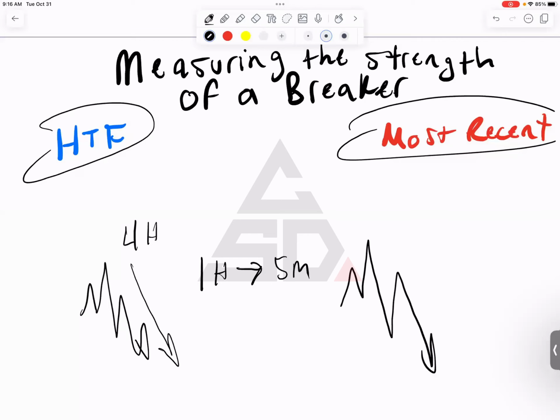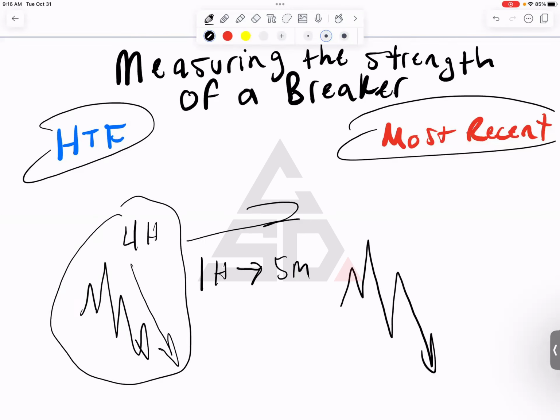So the higher the time frame the breaker is on, the stronger that breaker will be. If you spot a breaker on the 4-hour time frame, I'm going with the bearish direction below that. Anything below the 4-hour time frame, I'm running with it. So if I find a breaker on the 1-hour time frame which is going bearish, and I'm also finding a bearish breaker or any type of bearish bias, it strengthens my confidence that the market is going